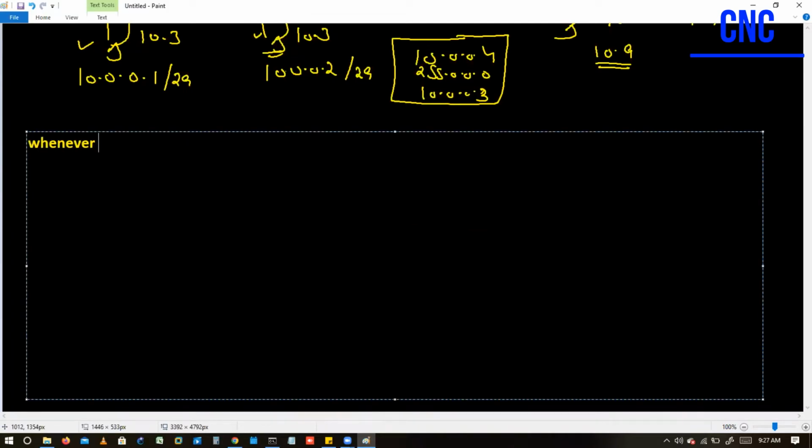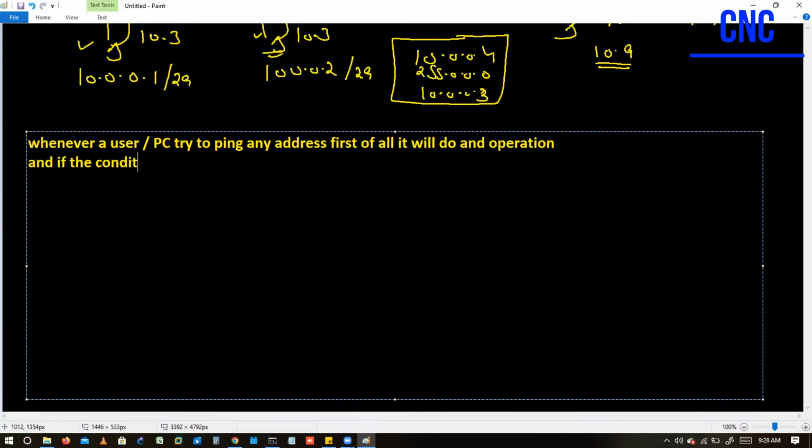Whenever a user PC tries to ping any address, first of all, it will do an AND operation, okay? And if the condition gets true,